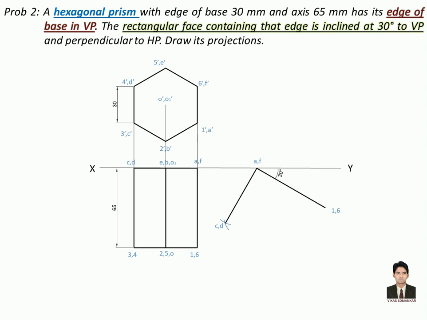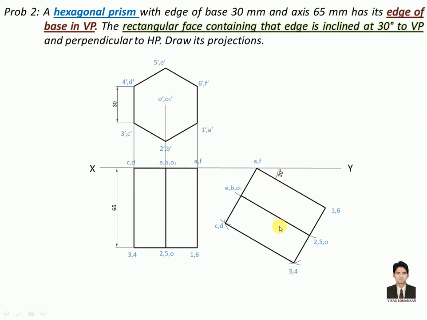After that let's mark point 3. By taking distance A to 3 we will cut an arc. Then we will take distance 1 to 3. The point which we got is 3 4. After this we will join that 3 4 to 1 6 to get the line and then we will complete the diagram. Similarly we will plot point 2 and point E. This completes the redraw of the top view of the first stage in the top view of the second stage according to the given condition. So till now we have completed true shape, projection, redraw.